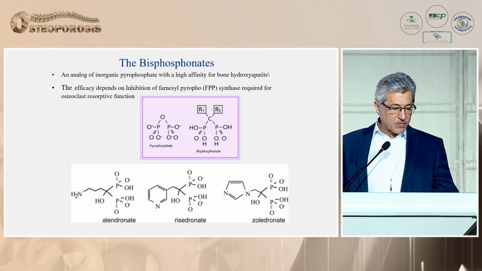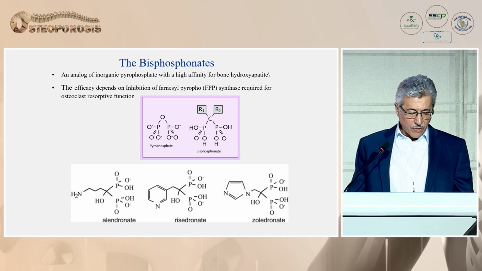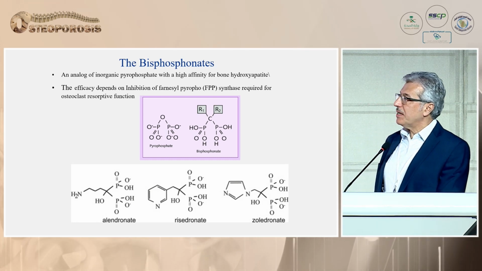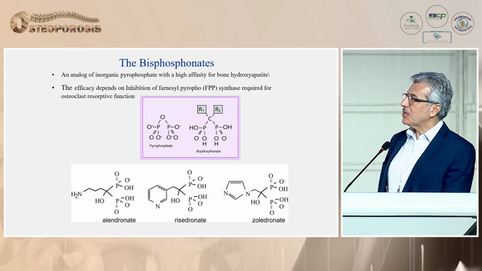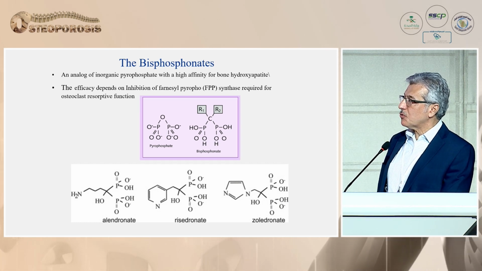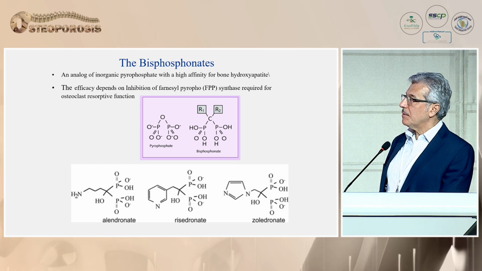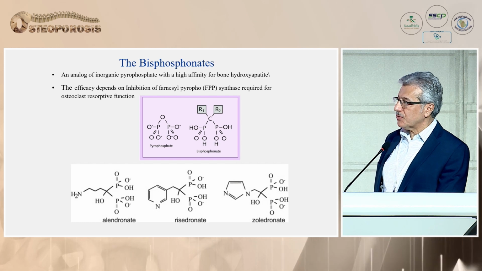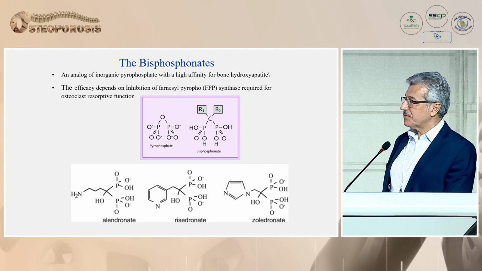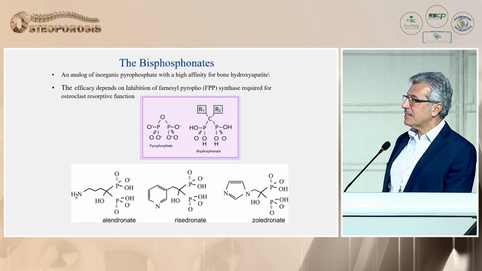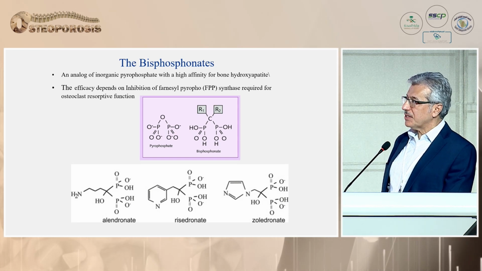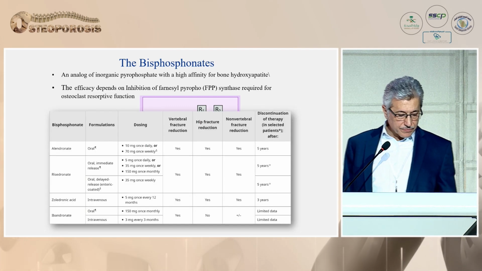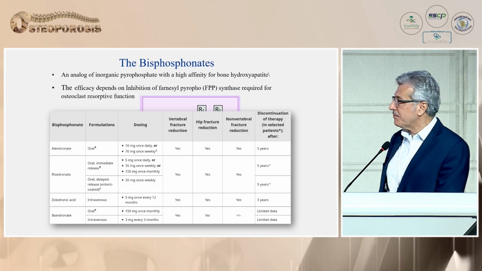So going back to the bisphosphonate, this is the largest group of anti-resorptive medication. And as you see here, they are very much analogs to a component called pyrophosphate. And therefore, whether it's alendronate or risedronate or zoledronic acid, which are the different bisphosphonates we have, they can always attach to the bone and cause a decrease in the resorption of the bone by suppressing the osteoclast. Now, those are the ones we have